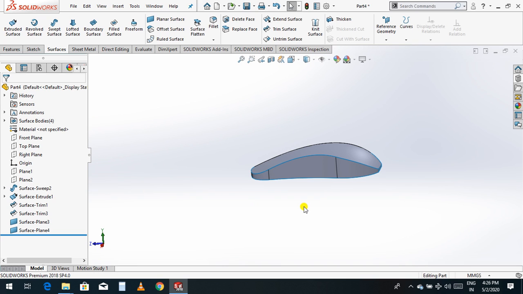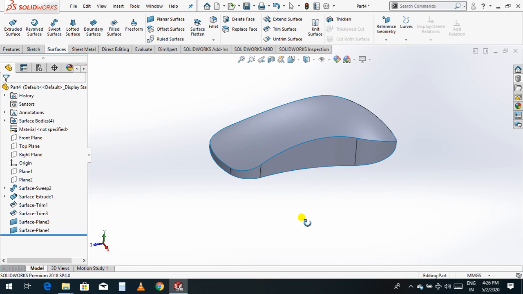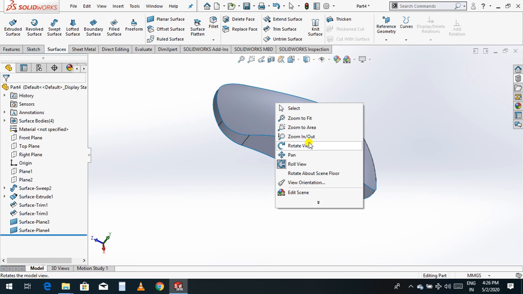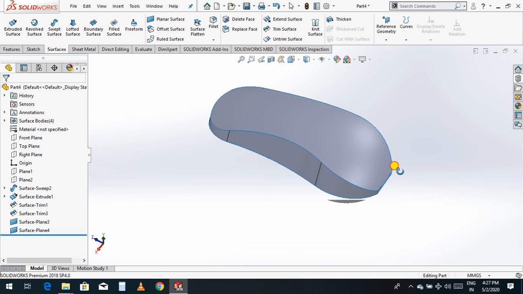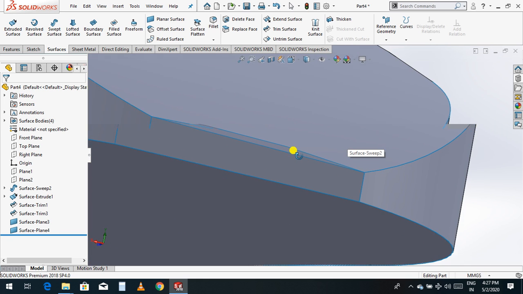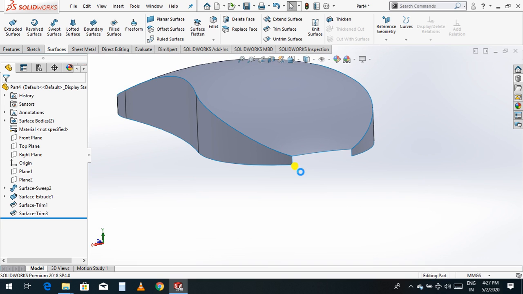Now what I have to do, I'll cut some part. Before going to cut, now just give a fillet, or I think I did one mistake. That is the reason you are getting one gap here. What is the reason for that? Just go back, I'll tell you.